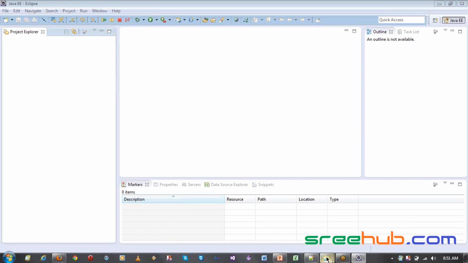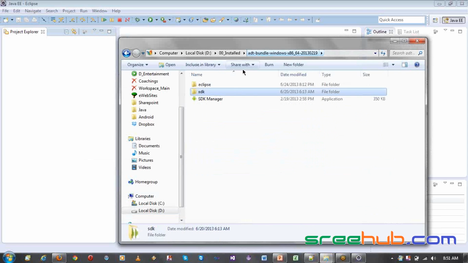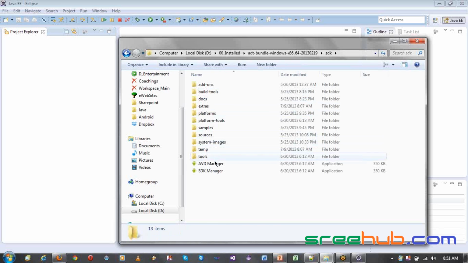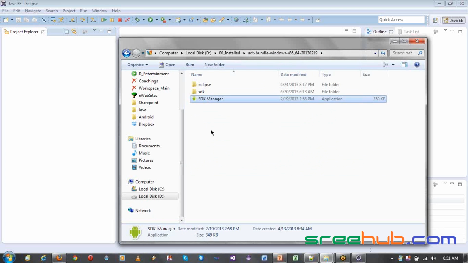because you have a direct option to go to your folder view, and that's why you should have a complete hold on even the folder structure. It's very important. In SDK you can find so many things. The main part is you should know that there are two applications, your AVD and SDK. Now, how are you getting this? You have to update your SDK manager. Whenever you open this SDK manager, you'll be getting so many options to install. You have to do that, everything,